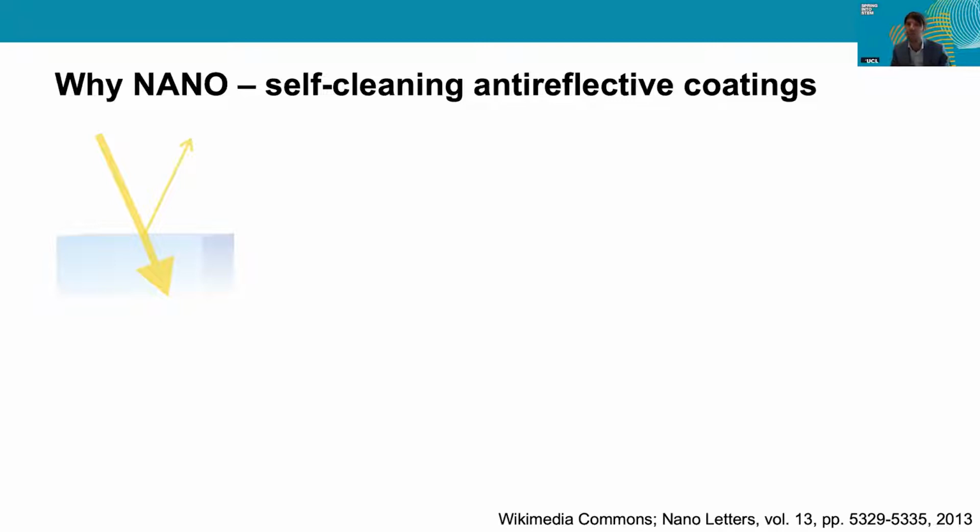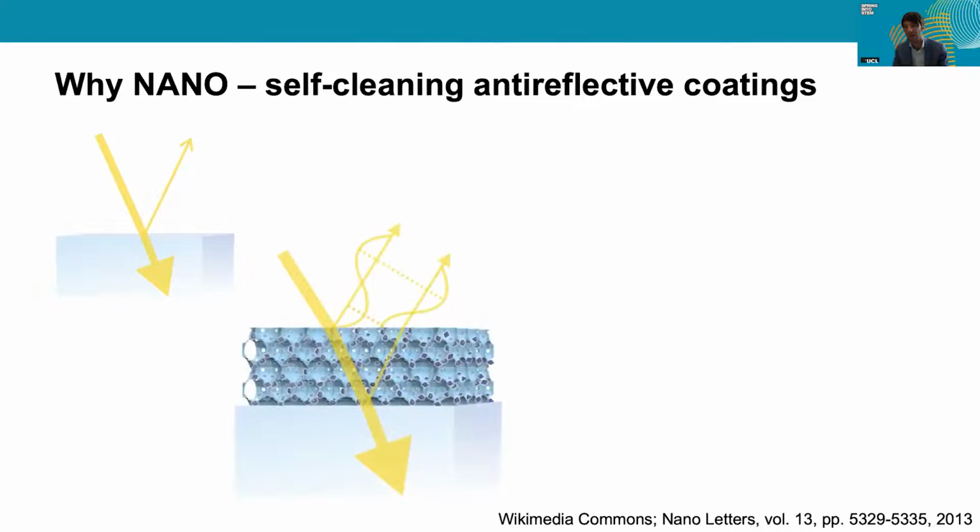And there are certain rules of physics that would tell you exactly how much of the light is being reflected, which is encoded in the Fresnel equations. Okay, so what we want to achieve in anti-reflective coatings is that we cancel out reflection, and this is already done. So if you buy glasses at your local optician, you will have the option of having an anti-reflective coating. And these operate as you can see here.